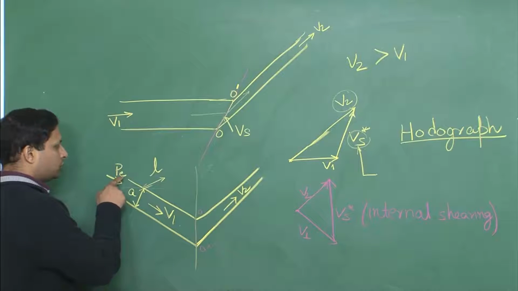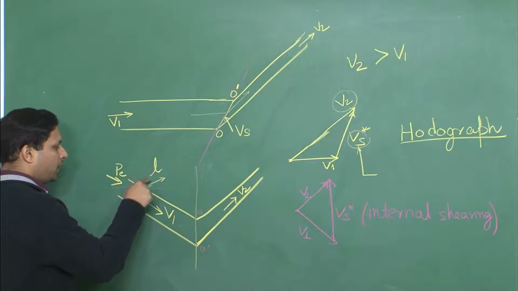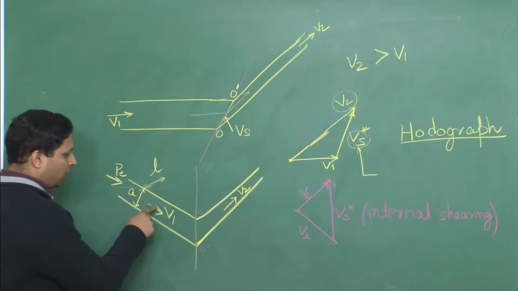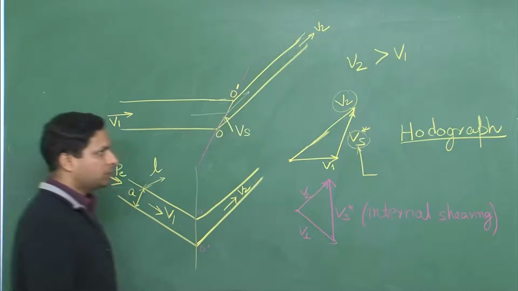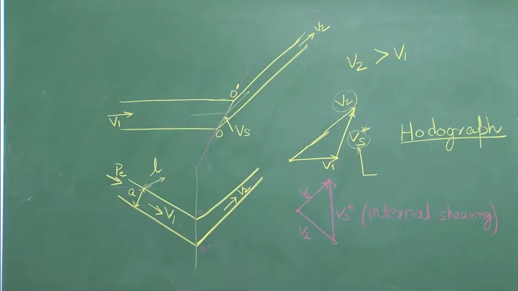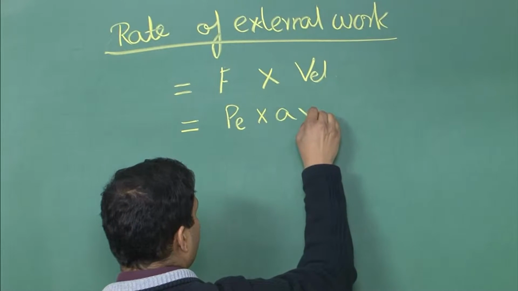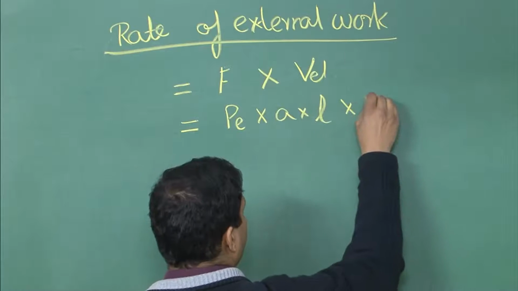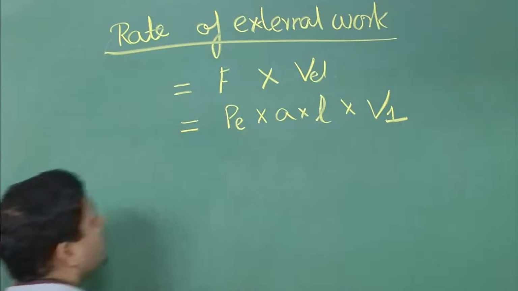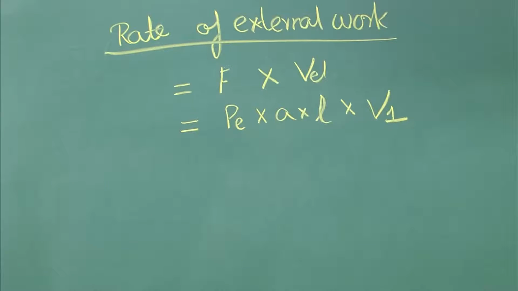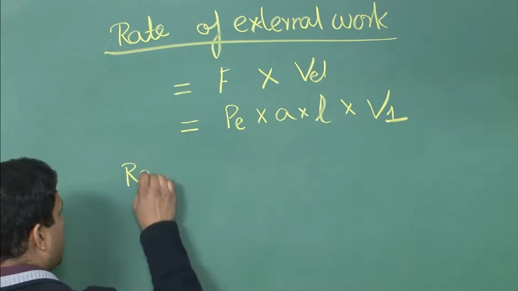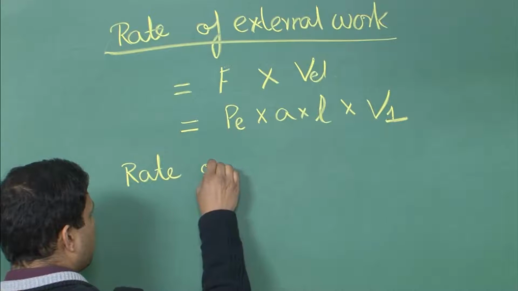So, now force will be what? P_E into L times A, that is force, and this is our velocity V1. This is the rate of external work. Now, we need rate of